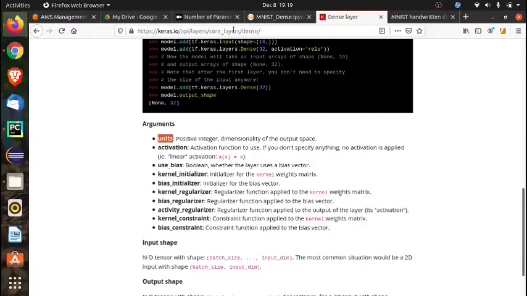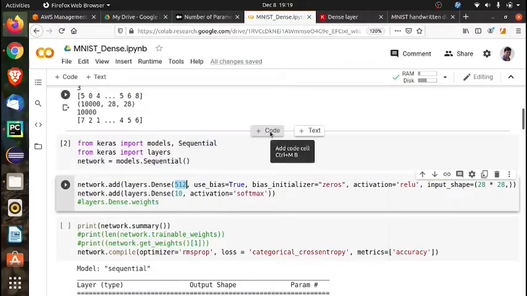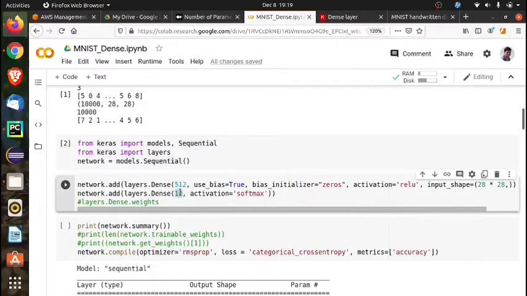This is the output representation, and 10 is used because we want the final output to be 10 probabilities, and the digit with the highest probability is the correct prediction.